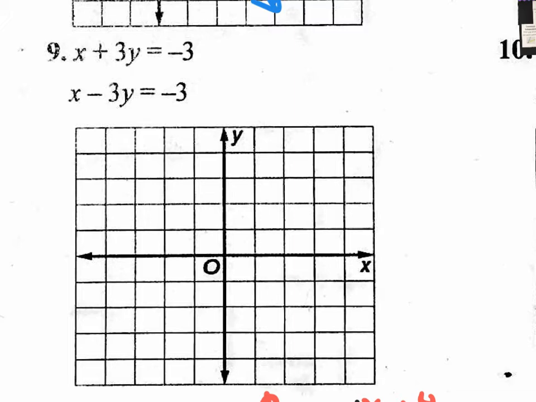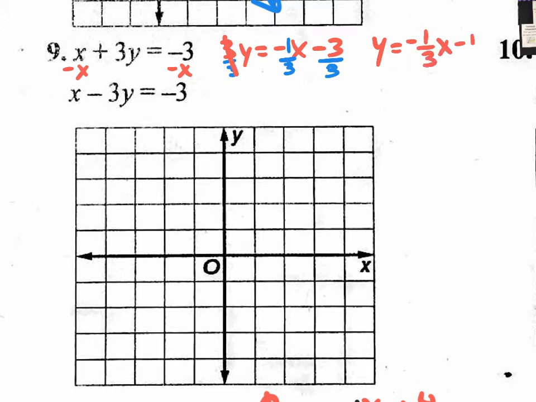The top equation, I'm going to go with red. I'm going to get y by itself. I subtract x, I subtract x. I'm going to rewrite it. I'll have 3y equals negative x minus 3. Final step is to divide by 3. Divide by 3. Now remember, there's an invisible 1 in front of the x, and also divide by 3. So my final slope-intercept form equation for the top equation that I'm writing in red is y equals negative 1/3 x minus 1. So that one crosses at negative 1,